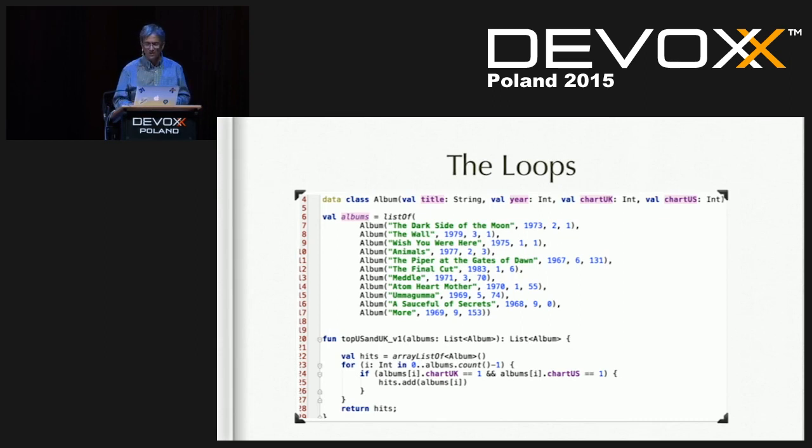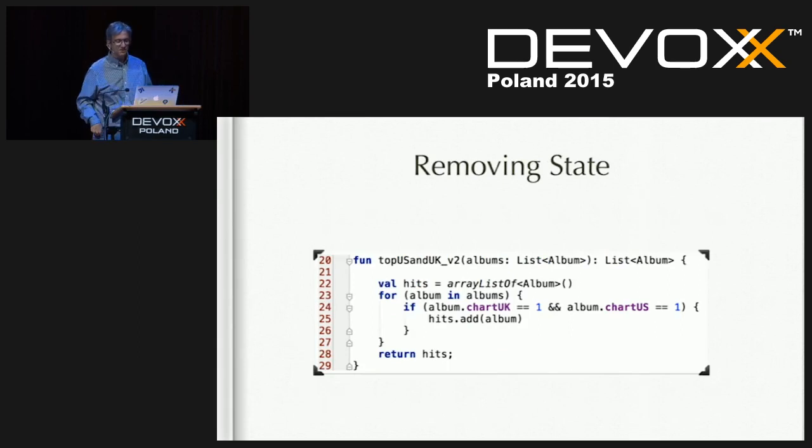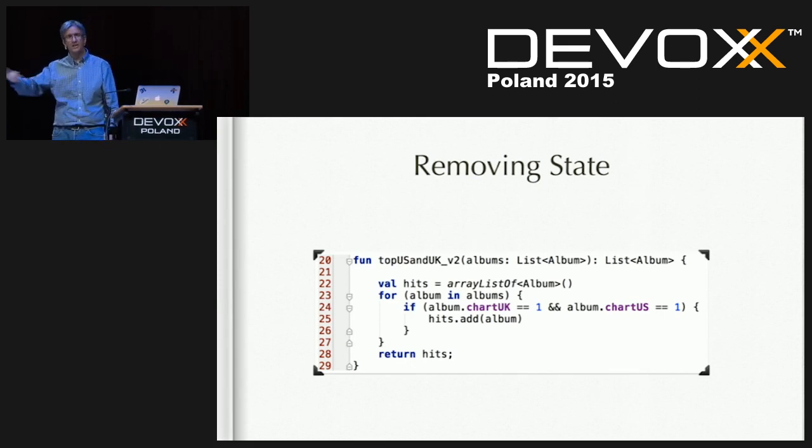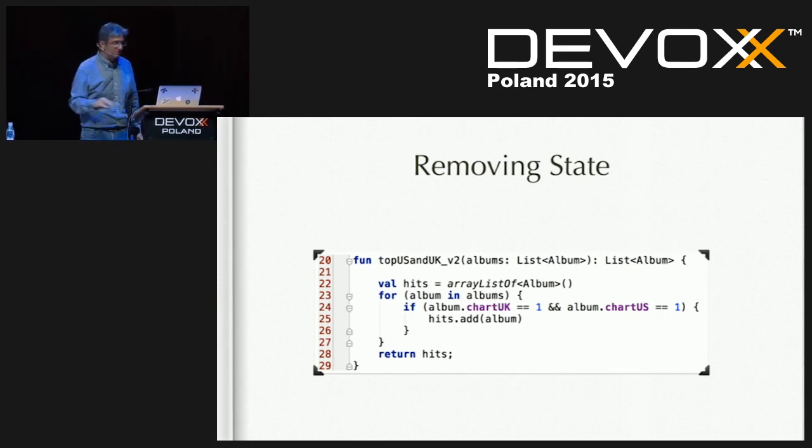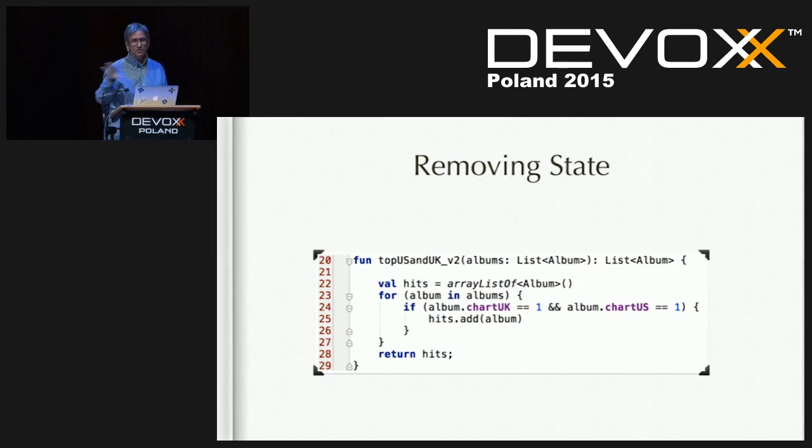I want to start removing some things so that I can reason about this better and also write less code. So the first thing I'm going to do is remove some state. So all I've done here is add some syntax sugar, which basically says for albums. So now instead of having to worry about the index, I'm delegating that to the language, to the library, to what have you. Okay? But I'm still doing the same check. And then I'm still adding another album, etc.